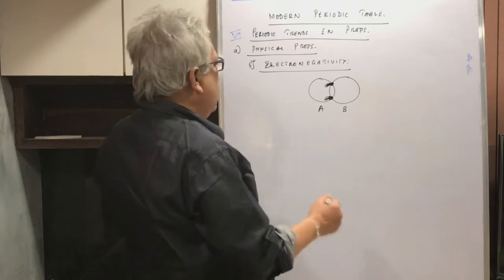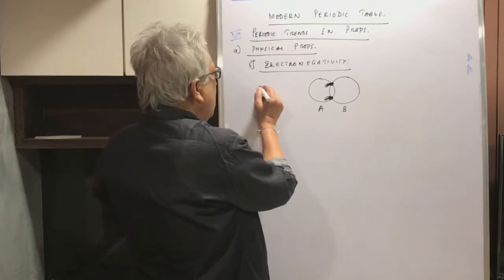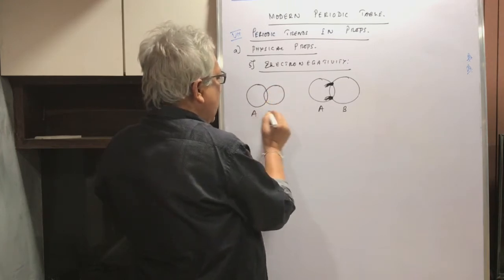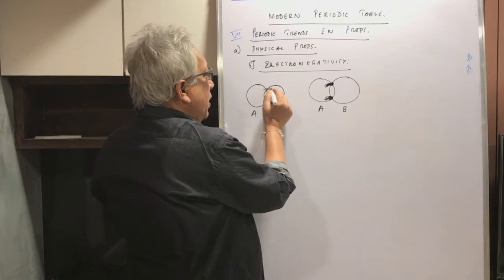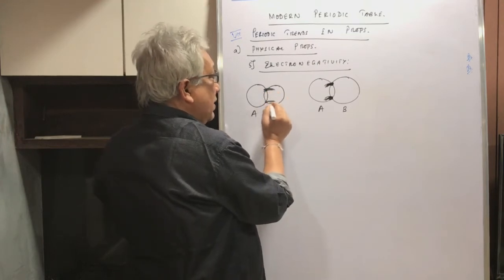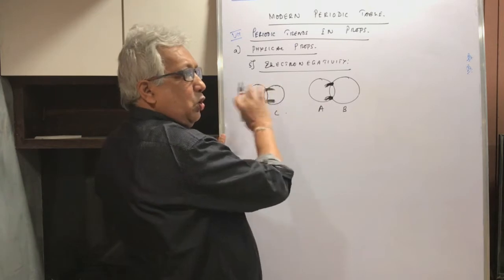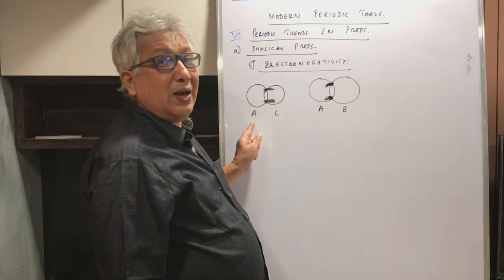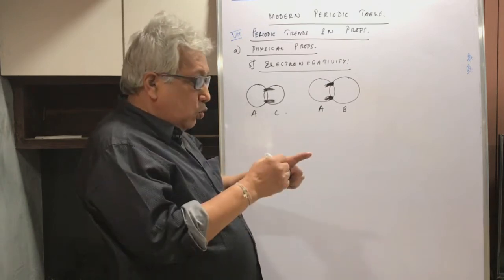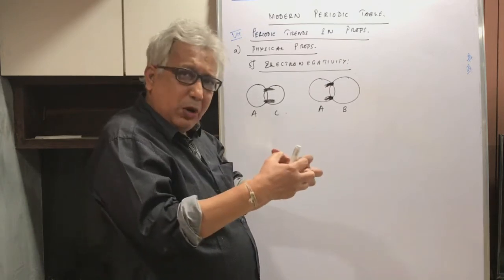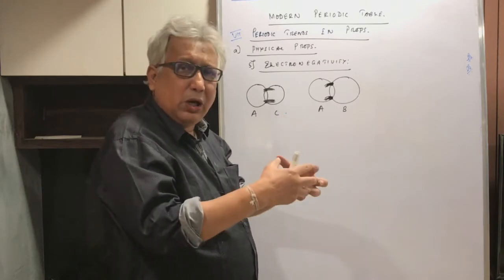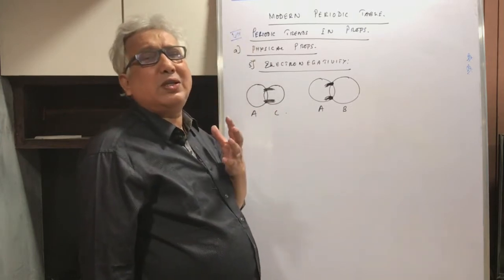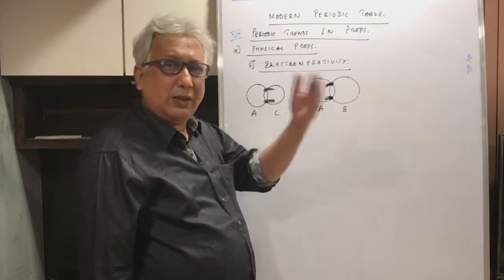It may so happen that you have another molecule in which A has combined with C. This is A and this is C, and this time when they are sharing the pair of electrons, it is C which has taken the more share of the electron cloud. Now in that case, I will say C is more electronegative than A. So that is why when two atoms of different elements are sharing a pair of electron, the sharing of the electron cloud will never be equal. One atom will be able to pull the electron clouds more towards itself. That will be called as more electronegative than the other.